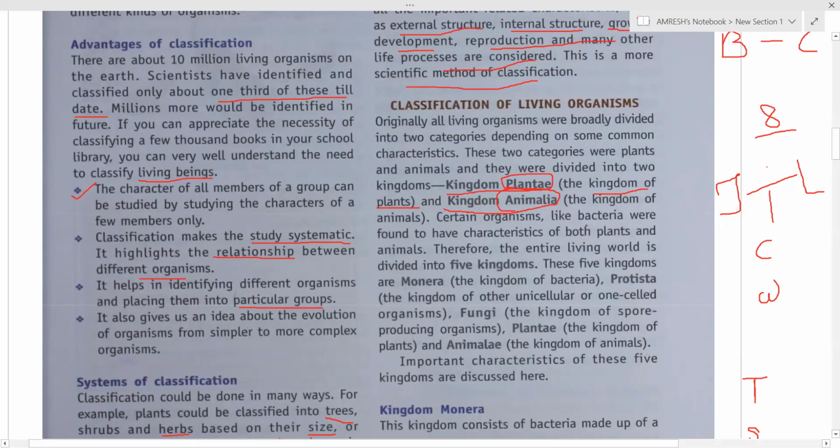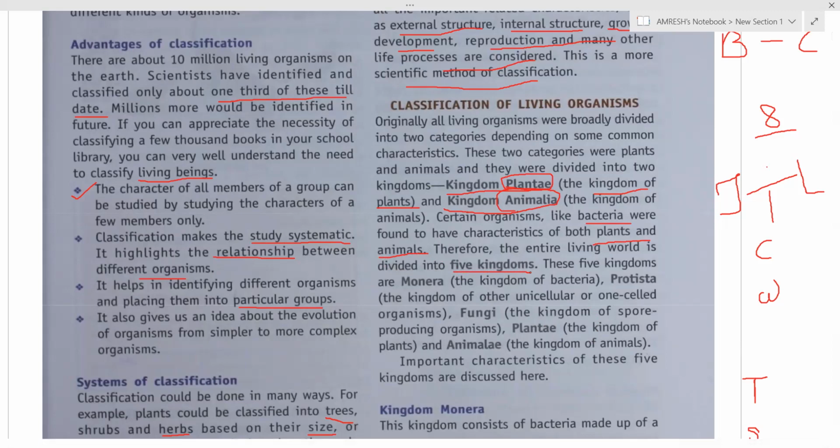But certain organisms like bacteria were found to have characteristics of both plants and animals. See, bacteria are microorganisms. In some bacteria, you will see they have characteristics of plants. Some bacteria will have characteristics of animals. Therefore, the entire living world is divided into 5 kingdoms. After that, when we came to know that bacteria are also living organisms, but have characters of both plants and animals,